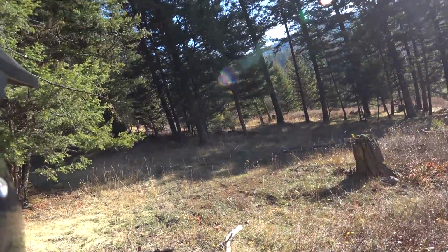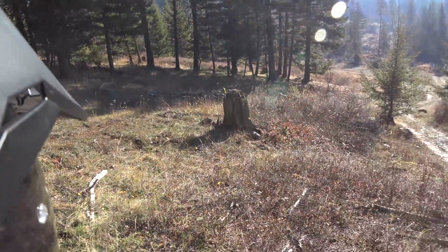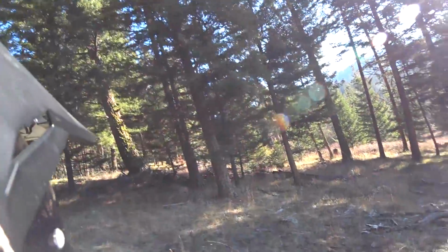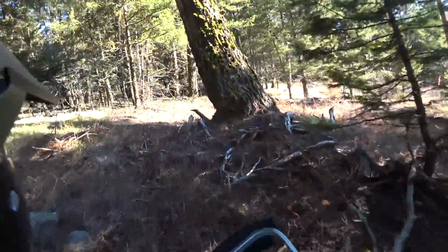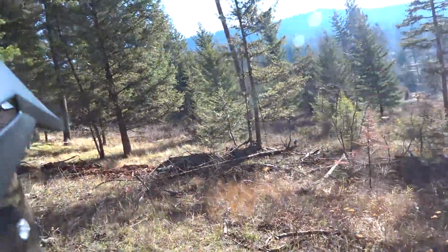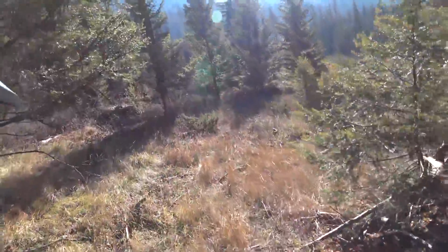I'll show you guys a couple cool trees. There's one right there you can kind of see. They're pretty ginormous. That's a pretty big one there. I'll show you one that's laying on the ground over here if I can find it. I think it's right around here somewhere. Yeah, there it is. You can imagine when this tree stood, it was